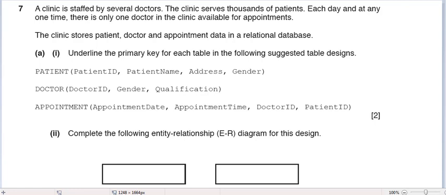The question says that a clinic has several doctors, and thousands of patients are attended at this clinic, so many patients come to the clinic each day. At one time, there is only one doctor in the clinic. Meaning, although there are several doctors who work for the clinic, at one time there is only one